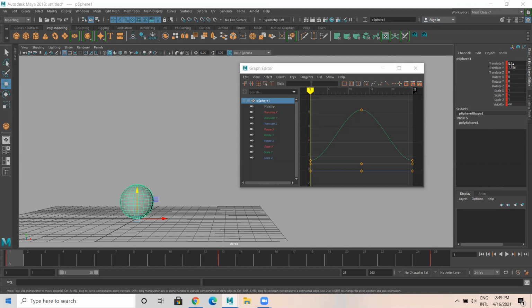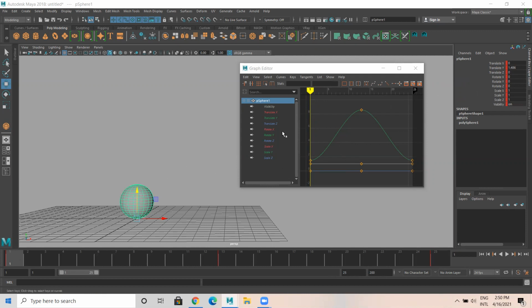Say translate X, it is 0. Translate Z, it is 0. Rotate XYZ, 0. We didn't do anything for scale XYZ. Can you tell me? The Y channel. Yes, translate Y. Good. Only translate Y, because we just moved a position. That's it. Nothing else. Frame number 1 and frame number 25 are there. In frame number 13, I selected this Y axis and moved a little bit up. We didn't do anything else.